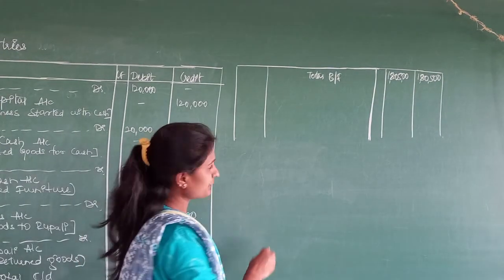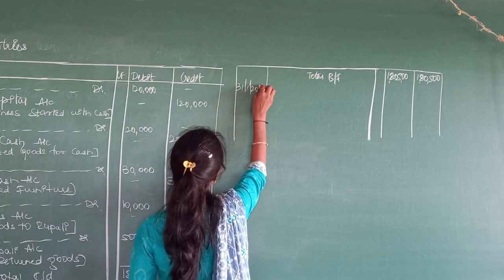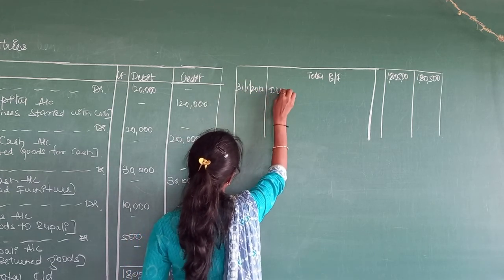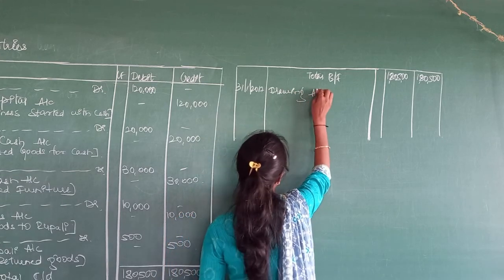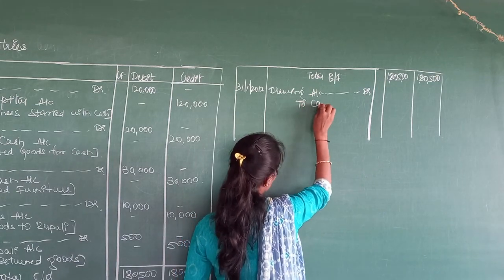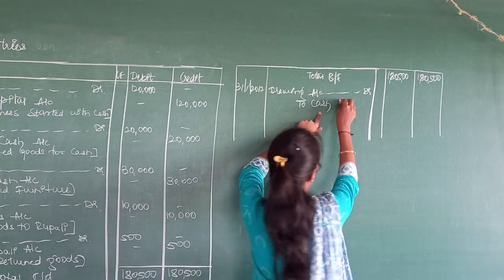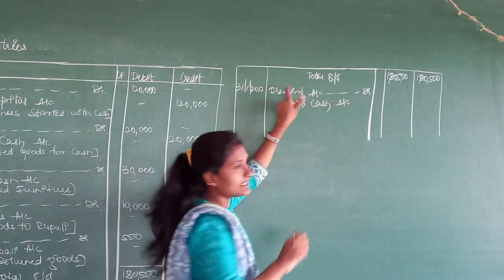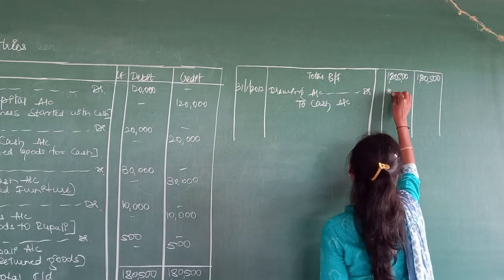So date is January 31st, 31/1/2017. We are receiving drawings. We are, in the sense, the owner. Yes, drawing account debtor to. What are we giving, from the point of business? Thinking from the business point, we are giving cash and they are receiving drawings. So amount is how much? 10,000 rupees.